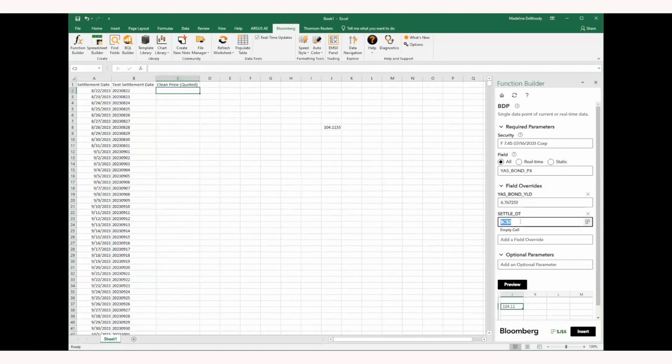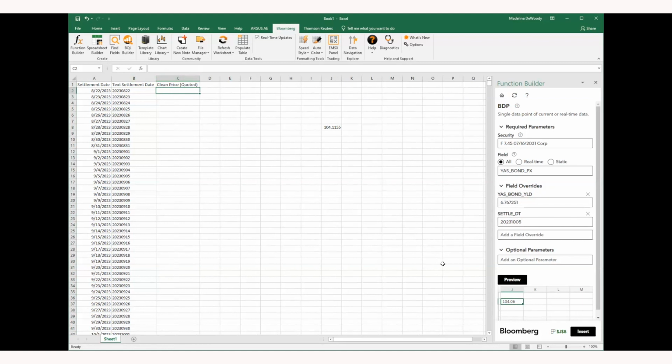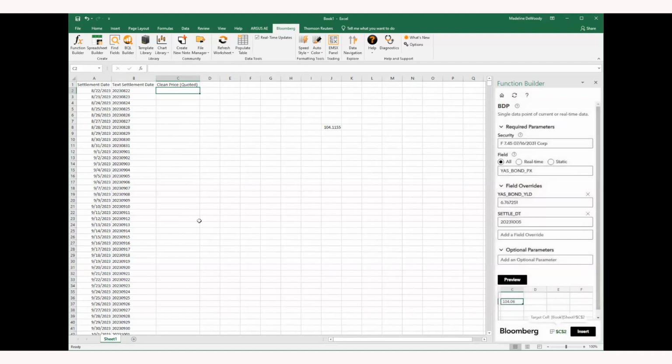So if I reformat and do a settlement date, and I want to set the settlement date as 10/05, or let me type it in right, 2023, 10/05, press preview. That gives me the correct number that I previously saw in the Bloomberg terminal. So if I insert this into my clean price or quoted column in C2,